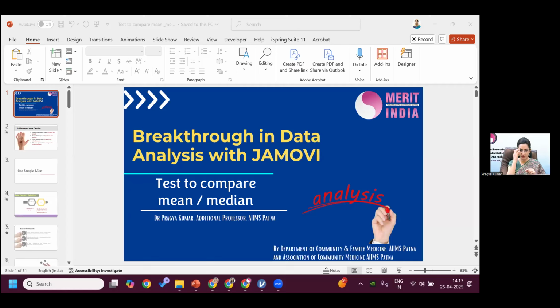Starting the session. In this session, we will discuss the tests to compare the mean and median. Basically, we'll be seeing the independent sample t-test, its non-parametric counterpart, and the paired sample t-test and its non-parametric counterpart. So to begin with,